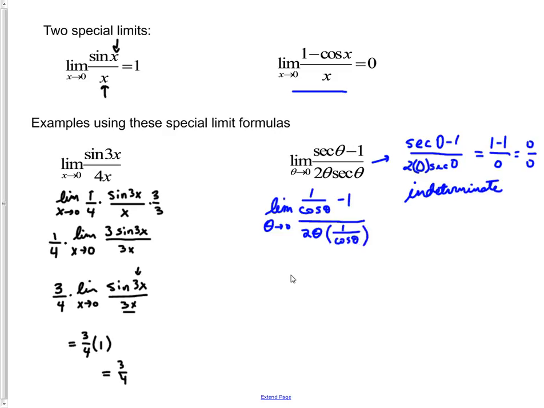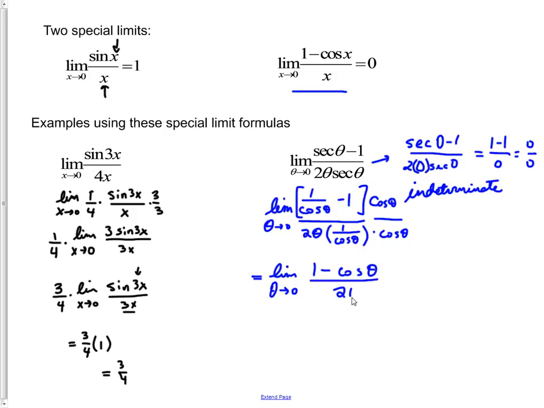So what we should do then is to multiply the numerator and denominator by cosine of theta to get an equivalent expression. So I'm going to multiply my numerator by cosine of theta and the same thing in my denominator. Multiplying by cosine of theta over cosine of theta is equivalent to multiplying by 1. Multiplication by 1 doesn't change the value of the fraction, so we're going to be taking the limit as theta approaches 0 here of cosine of theta times 1 over cosine of theta, that's 1, minus 1 times cosine of theta, which of course is minus cosine of theta,